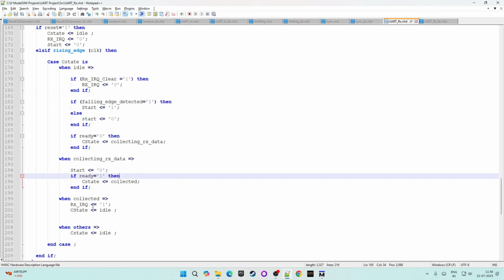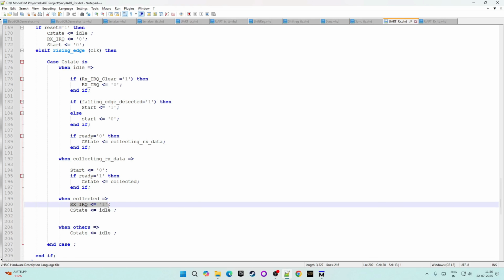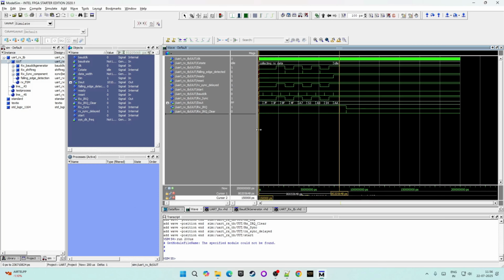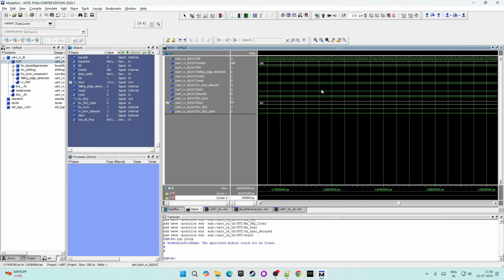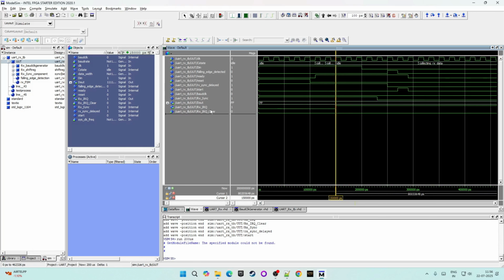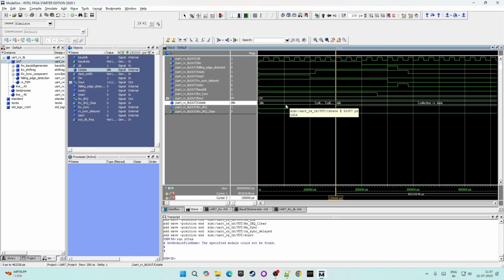So the question is: why did this Rx IRQ trigger to 1 before reaching the collected state? That is not possible. So let's look at when it is changing. Okay, it is changing at the starting. So this IRQ is going to 1 at this point. Till here it is 0 and now it is 1 at this point. And if we look at the current state, because that is the only signal that can change this Rx IRQ,